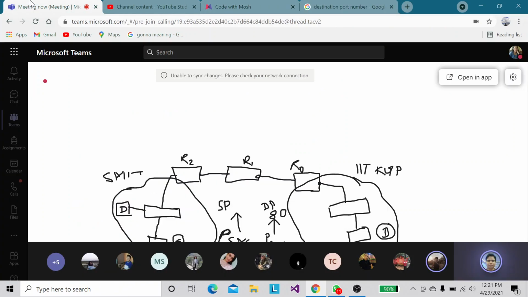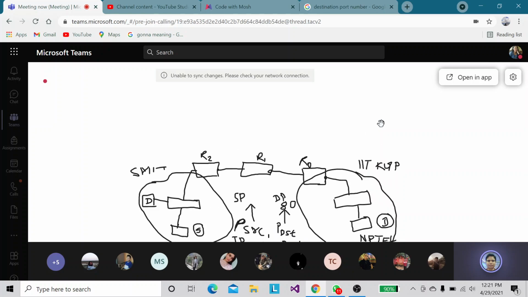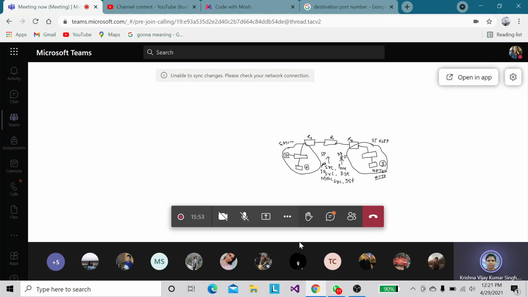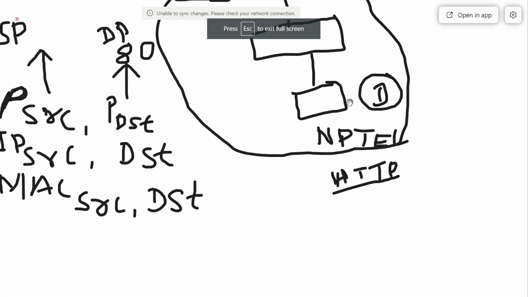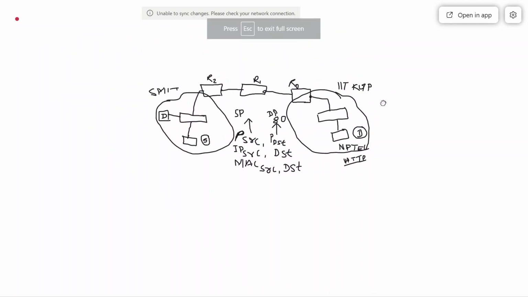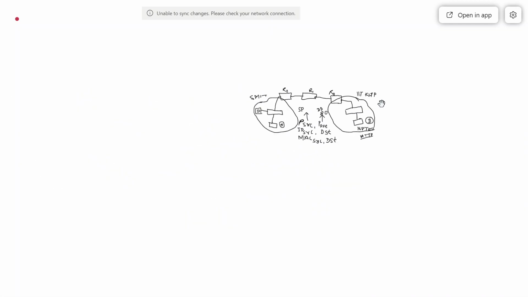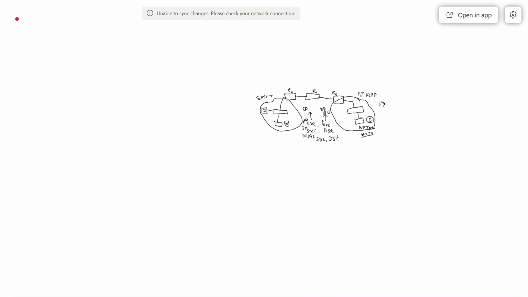So destination port number will be port number 80. Why? Because I am going to make use of HTTP services. So I have to make an HTTP request. If I am using the HTTP protocol, then for the HTTP request I am sending, I must put port number 80.